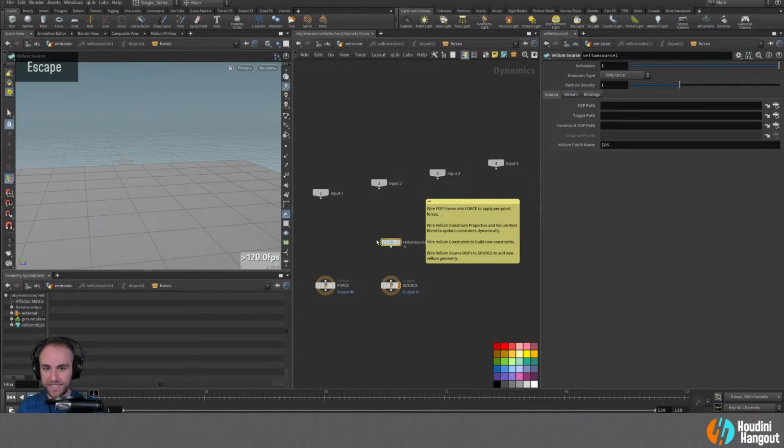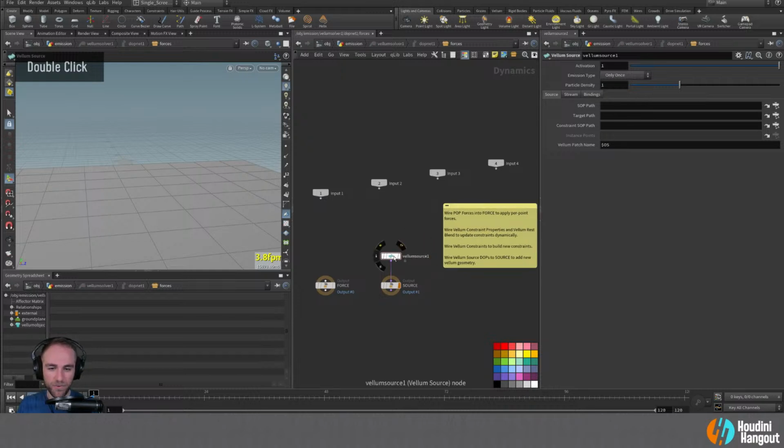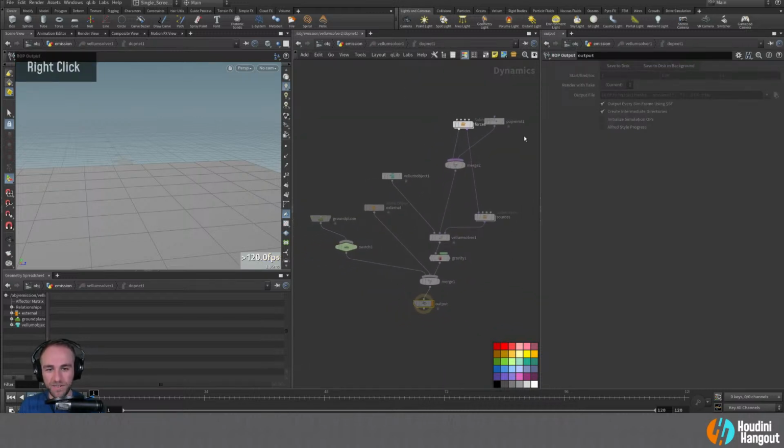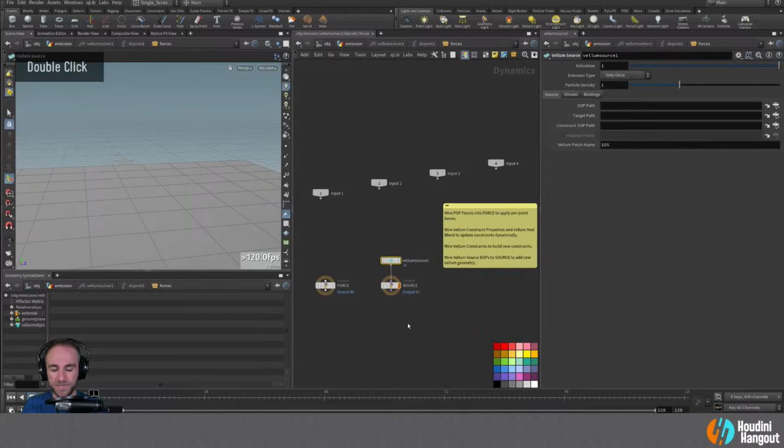Just as a complete aside, if you're interested in getting into DOPs a little bit more, I think Vellum is pretty easy to set up in DOPs. There's not a crazy ton of things to do in there. In fact, if you come up to this DOP network here, this is the Vellum solver. Like, this is the DOP network for it, right? Yeah, there's the actual solver inside of here, but this is all they have set up. So there's not a crazy ton of stuff that needs to be set up to get an interesting Vellum solver. This is all of the DOP nodes that they have, except for what we're doing, which is in this little forces